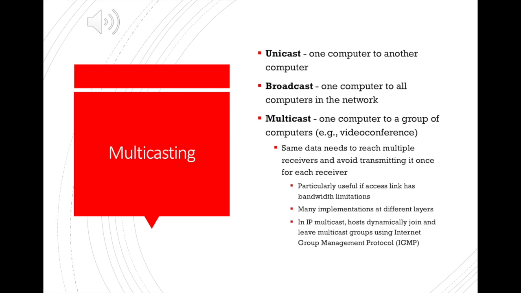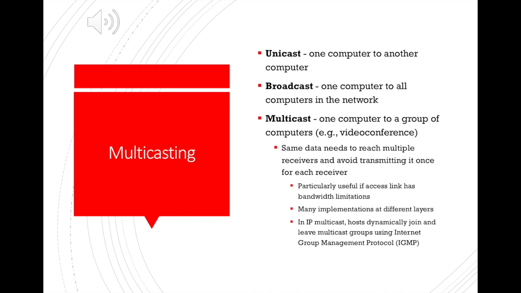A multicast message involves one computer connecting to a group of computers, like a video conference. This is useful when the same data needs to reach multiple receivers and avoid transmitting for each receiver. So it's particularly useful if the access link has bandwidth limitations. It's got many implementations at different layers.